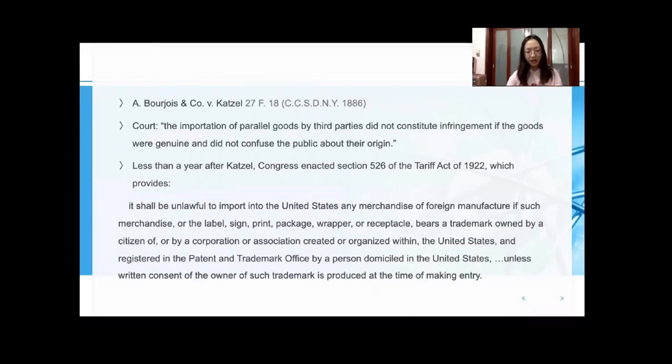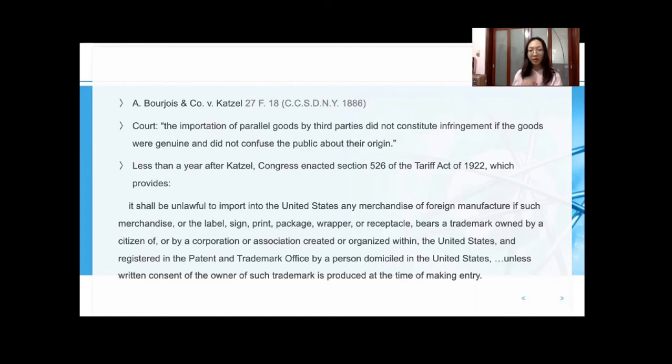Actually, in some early cases, the court held that the importation of parallel goods by third parties did not constitute infringement if the goods were genuine and did not confuse the public about their origin. And the most classic one is the Katzel case. Before the Supreme Court reversed the Katzel case, Congress reacted to the decision by attempting to solve the problem of parallel importation through legislation. Less than a year after the Katzel case, Congress enacted Section